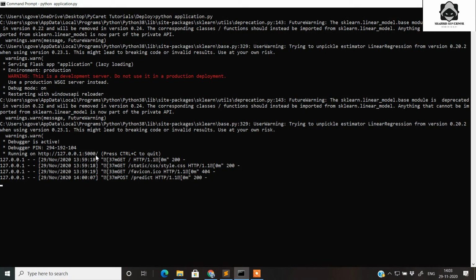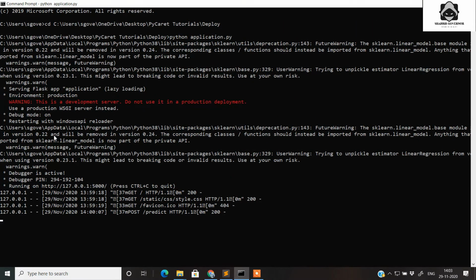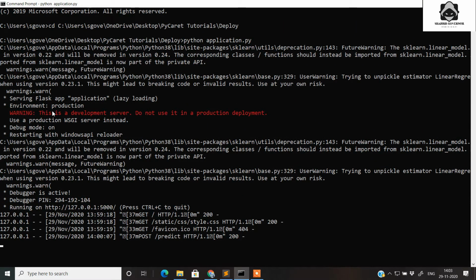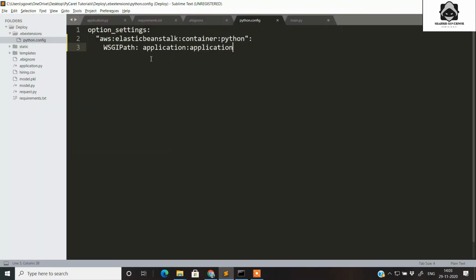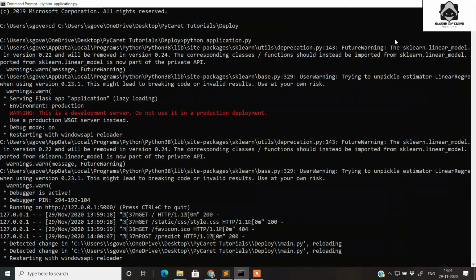If you see this command prompt, you can clearly see that it shows this is a development server, don't use it in production, instead use a WSGI server. So this is the WSGI server that we need to specify inside this python.config file. I have written the WSGI path, and the application name is application because the main file is application, then colon application. Once you save all this, we minimize it.